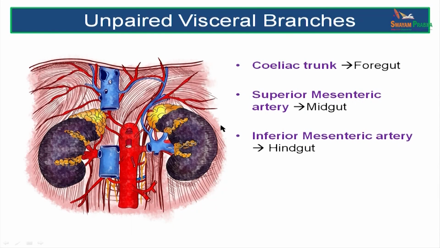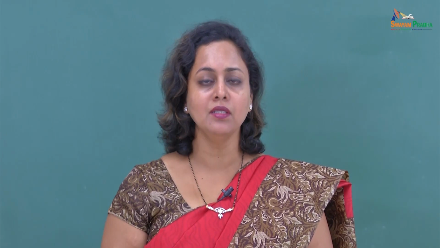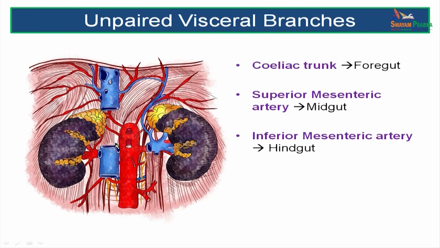Let's go into a further detail about each of the branches of this abdominal aorta. Let's start with the unpaired visceral branches. There are 3 in number. If you look in this diagram, you can see here the celiac trunk, the superior mesenteric below that and the